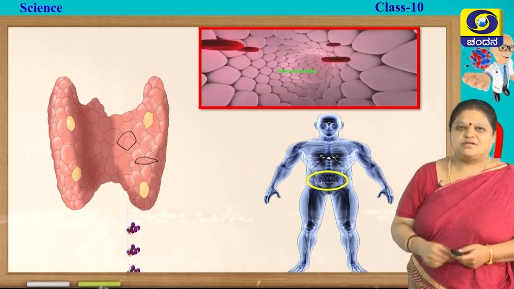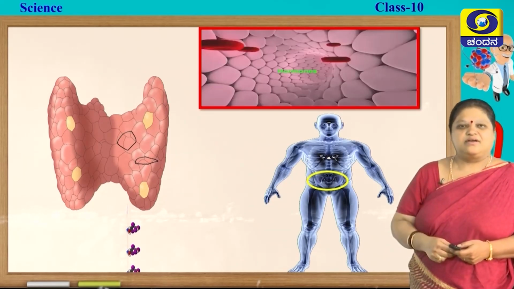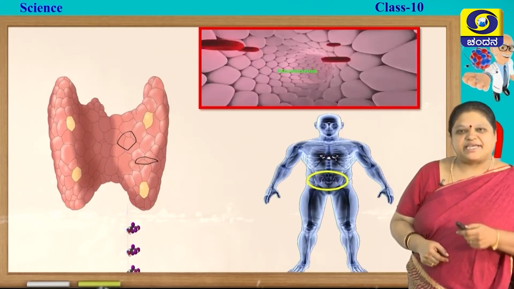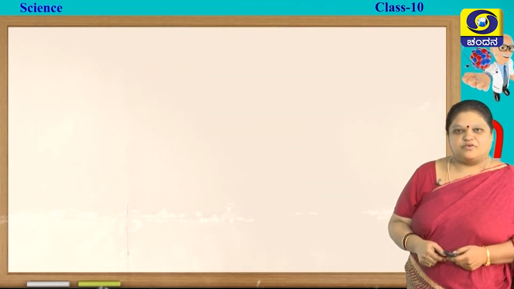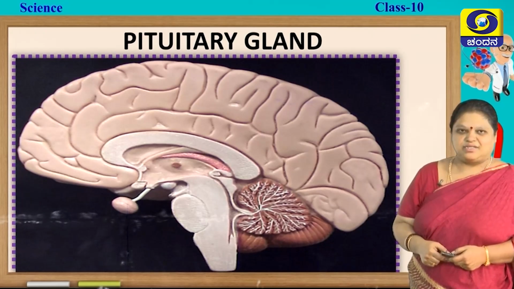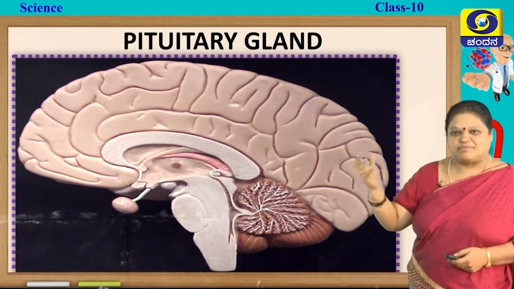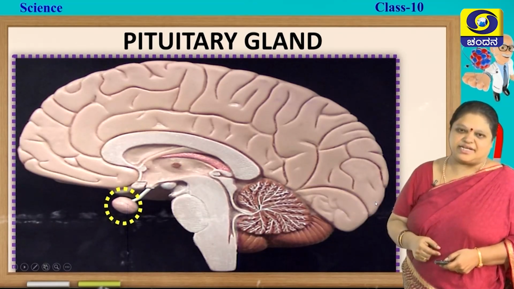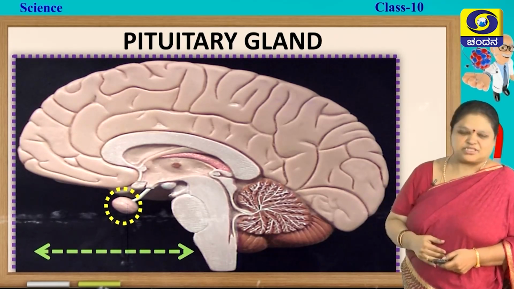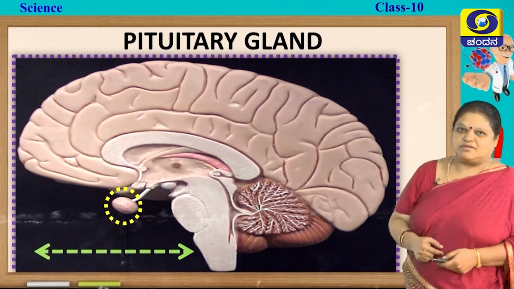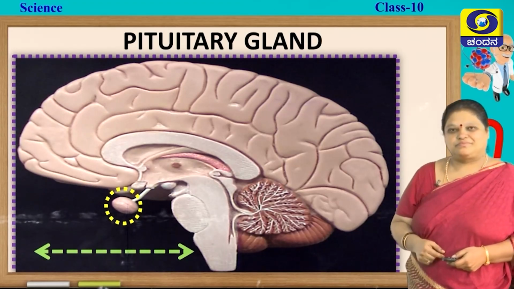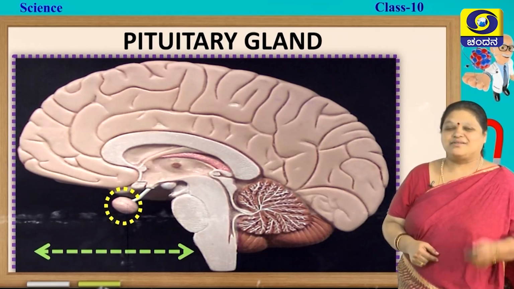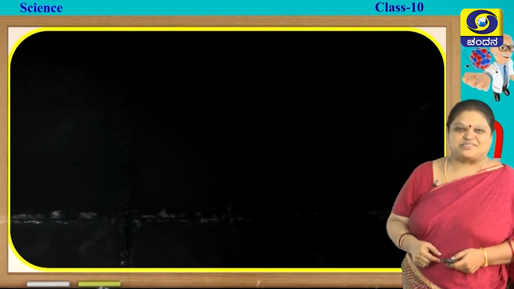These hormones are very important for some specific functions to take place. So, now let us study each gland in detail. First, we will come to the pituitary gland. The pituitary gland is present below the brain in the frontal region, you can see that. The size is very small, though it has lots of important functions. Let us see what their functions are.